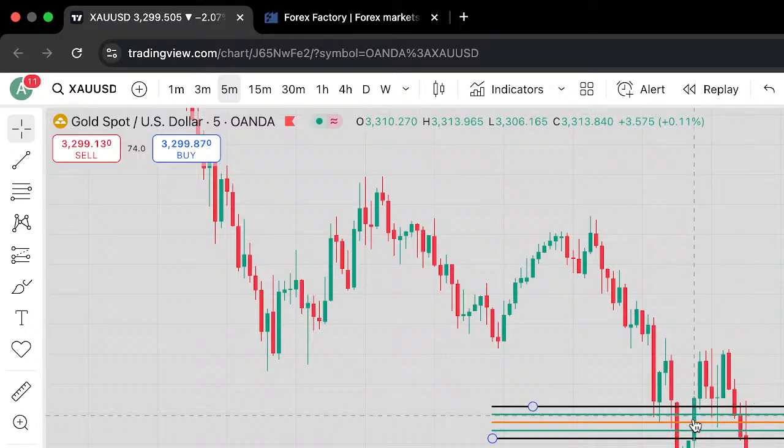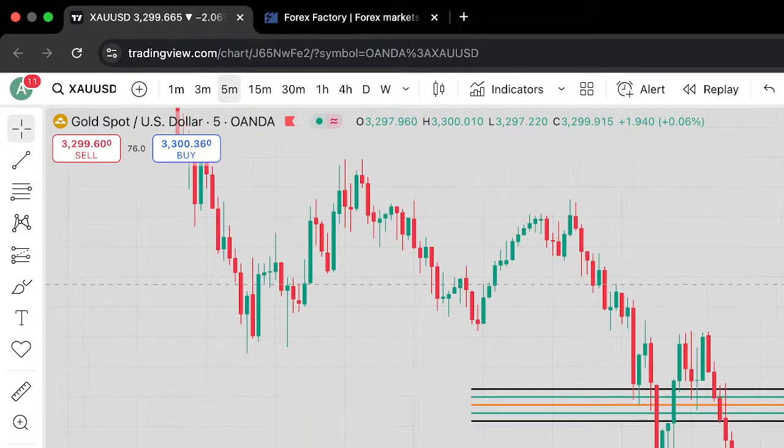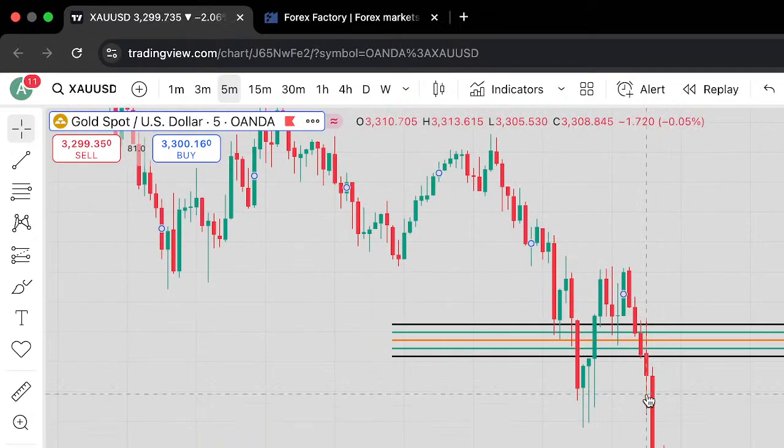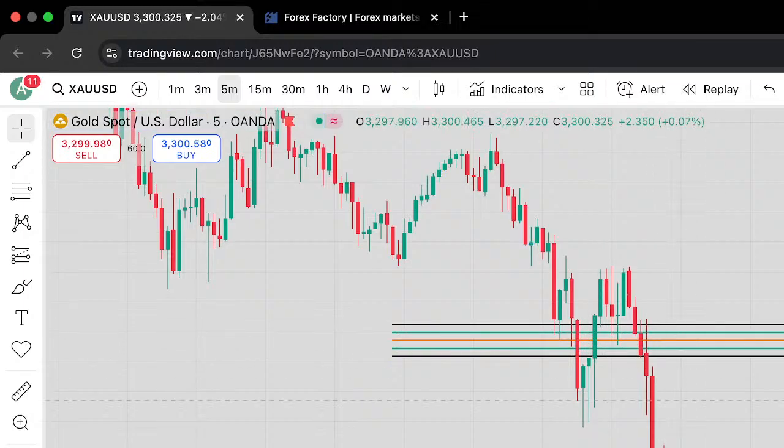The reason I made this one is that when the price was somewhere around here, I was expecting a bullish move up to this high and then a sell. But what did the price do? Price expanded. Once it dropped below the 5-minute time frame, the candle went up into this gap and then dropped. It's dropping towards 3,293.498. So let's go back to